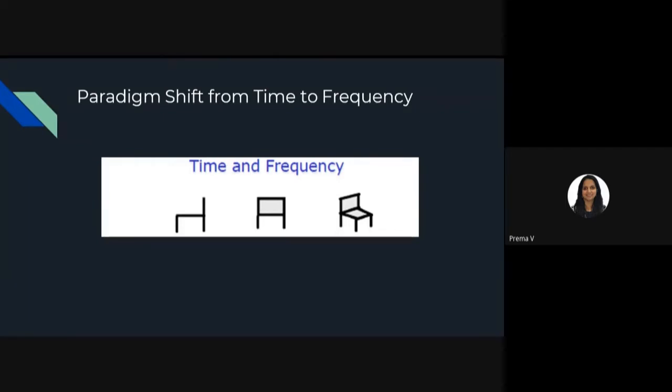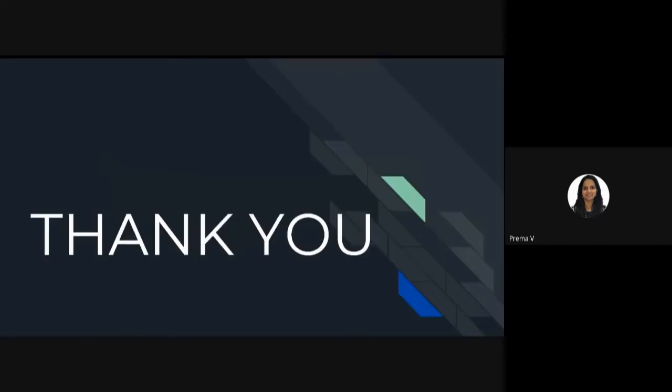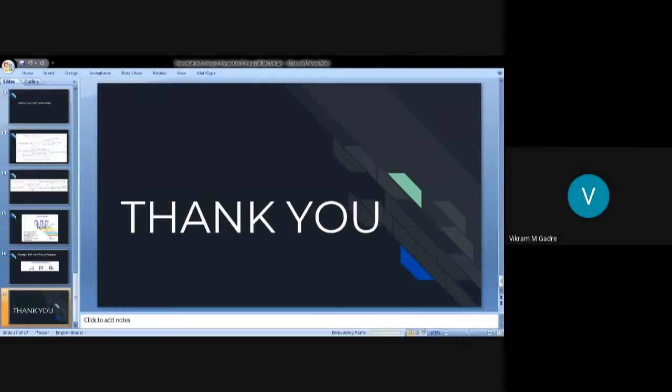But the problem here is that most of our real-time inputs are not periodic. The Fourier series can be applied only to periodic inputs. So what do we do with signals or inputs which are not periodic? Here comes the importance of the Fourier transform. I think the next group is going to present the Fourier transform. So I am concluding here.